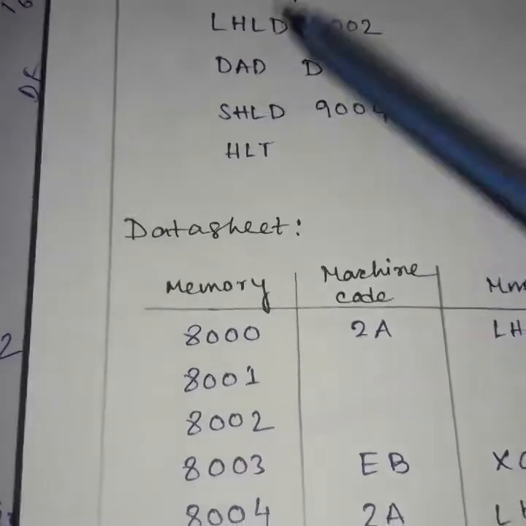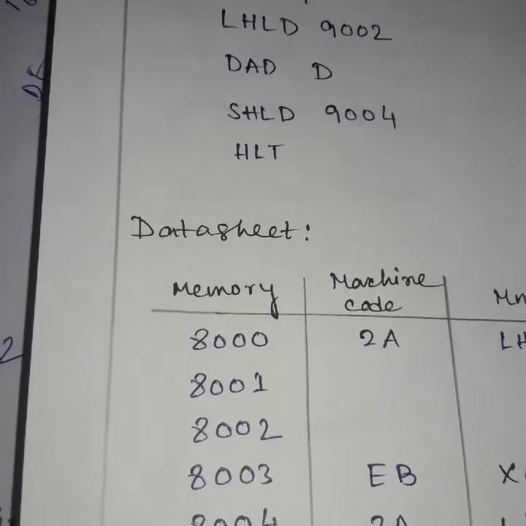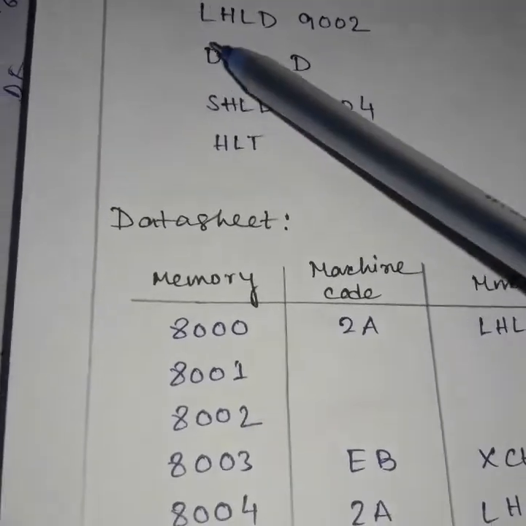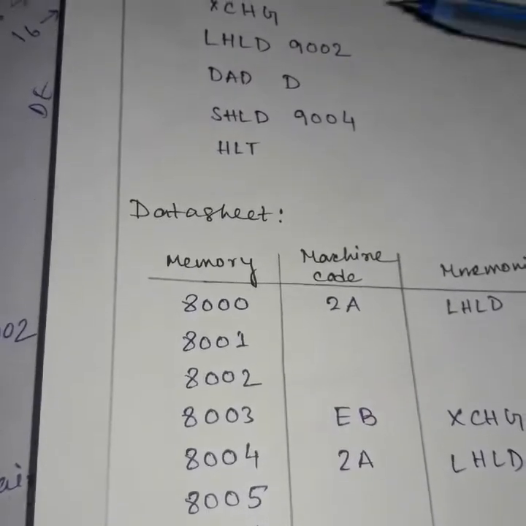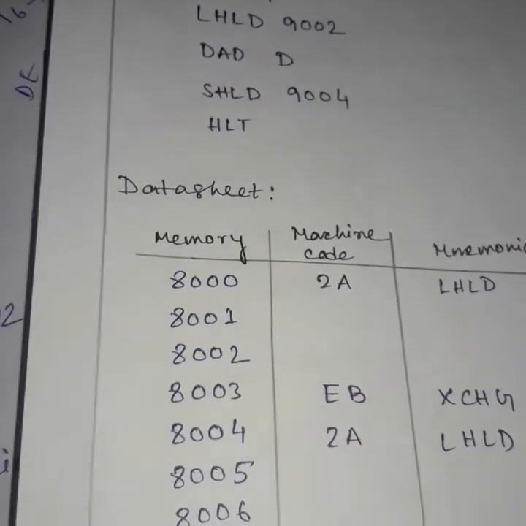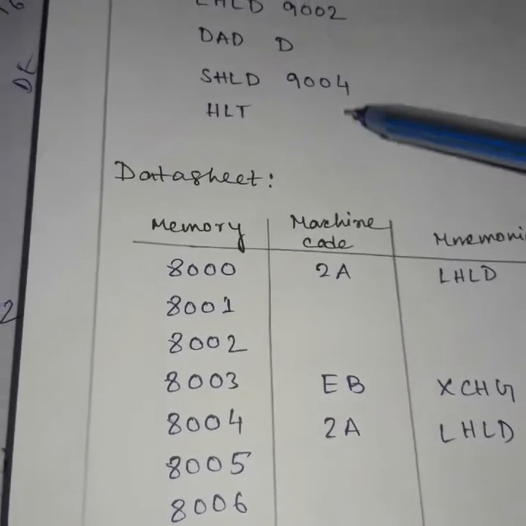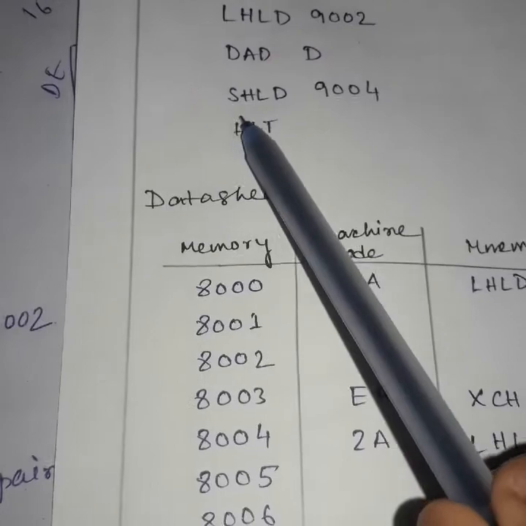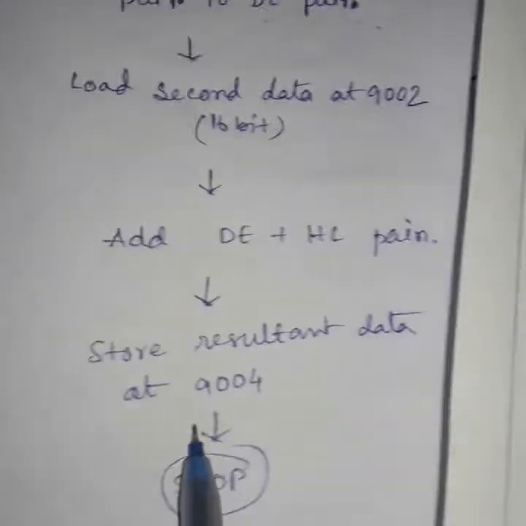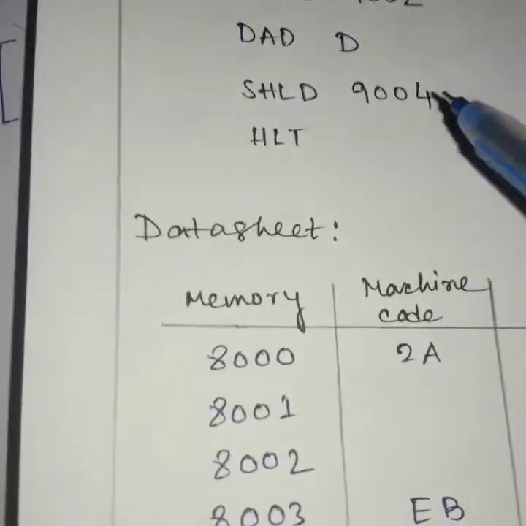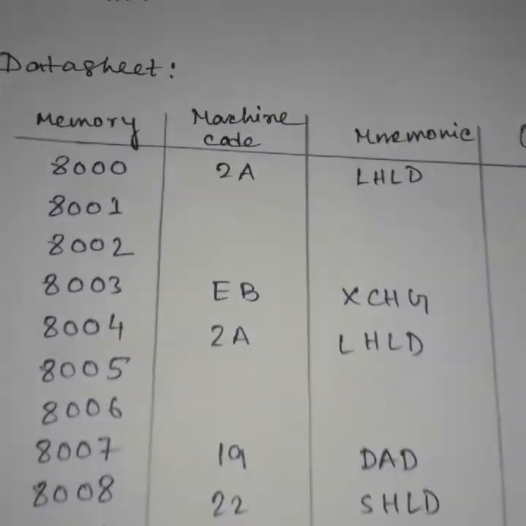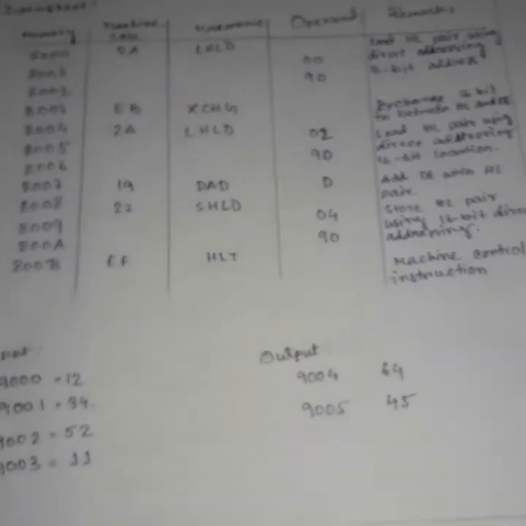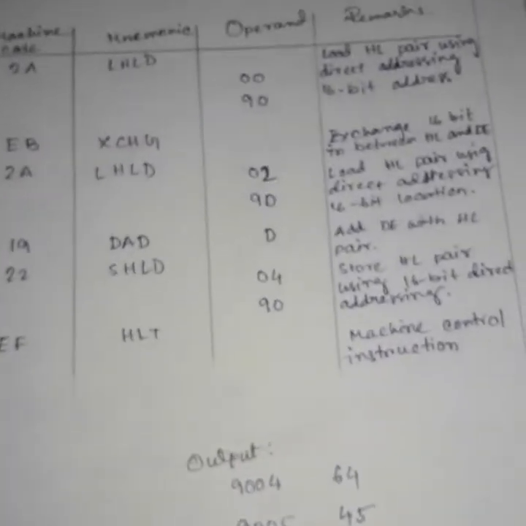DAD means the HL pair is already the default register pair, and then DAD D, so DE and HL pair. D means DE, and DAD by default uses the HL pair, and the result is also stored in the HL pair. SHLD stores the resultant data at 9004. And HLT is the stop operation. So here is the total data sheet,